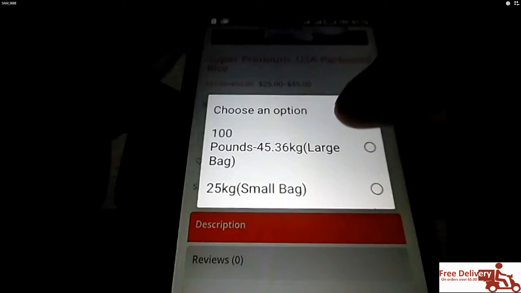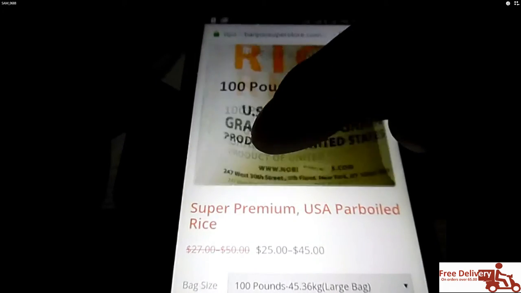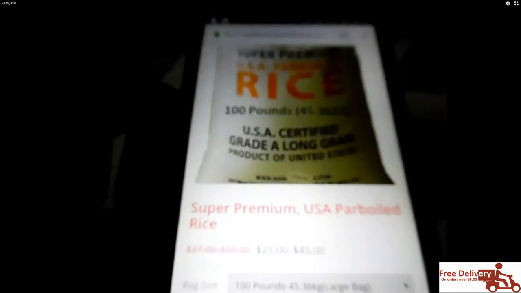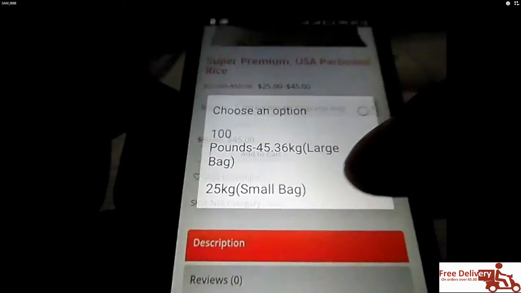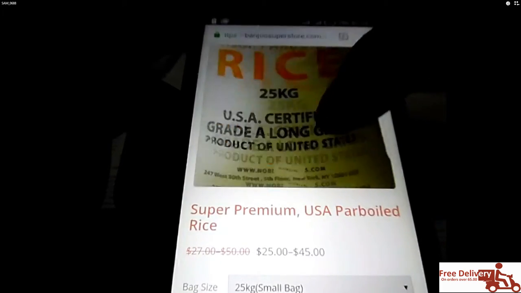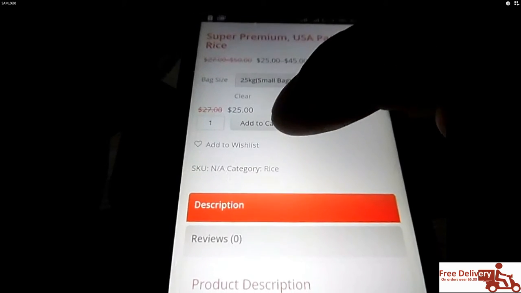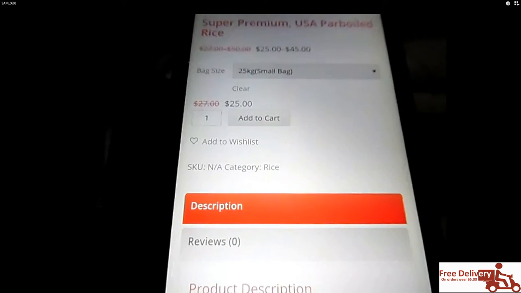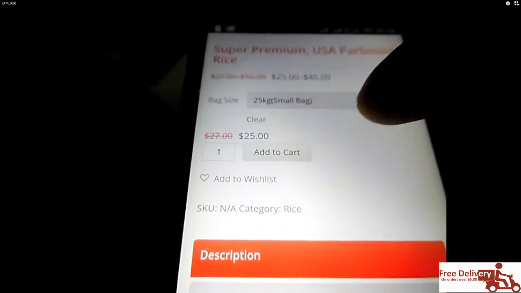So it's that easy. Right now I'm changing it to 100 pounds. As you can see, the image just changed. I can zoom it, come back and change it to small bag. The image has changed to 25 kg, as you can see, and that's it. It's that simple. I can now click on the button that says add to cart, and once I click on that button,